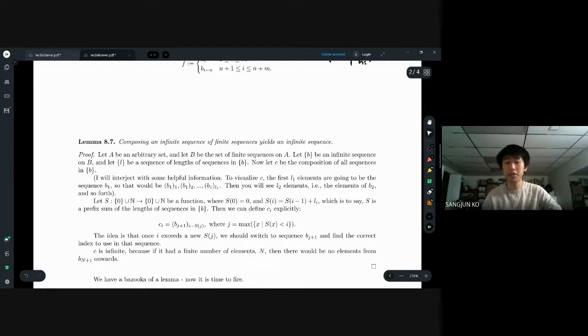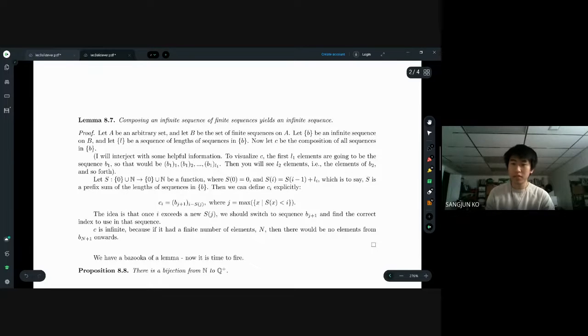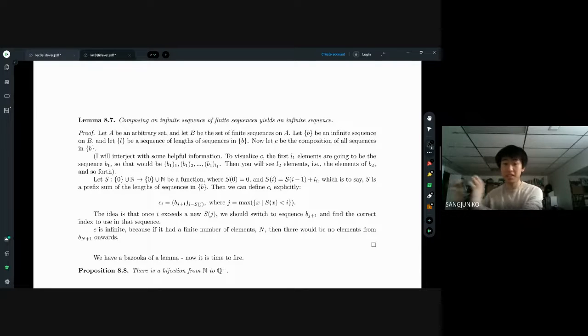So here's the proof. Let A be an arbitrary set, and let B be the set of finite sequences on A. Let B be an infinite sequence on B, and let L be the sequence of lengths of sequences in B. Now let C be the composition of all sequences in B. To visualize, the first L1 elements are going to be the sequence B1, so like this. We're going to put this first sequence first, and then the second sequence,